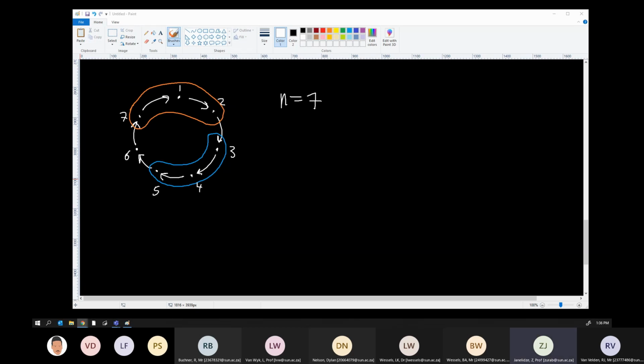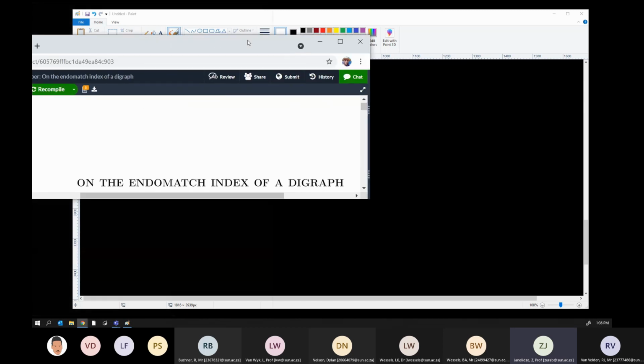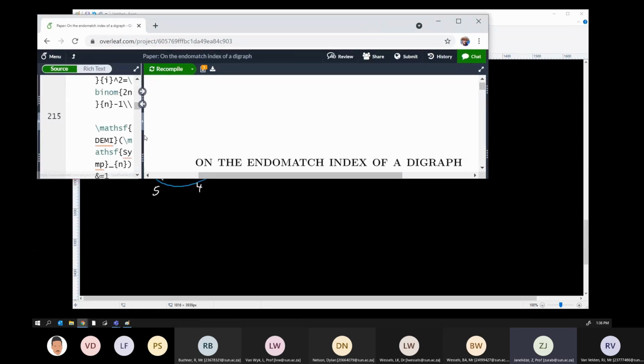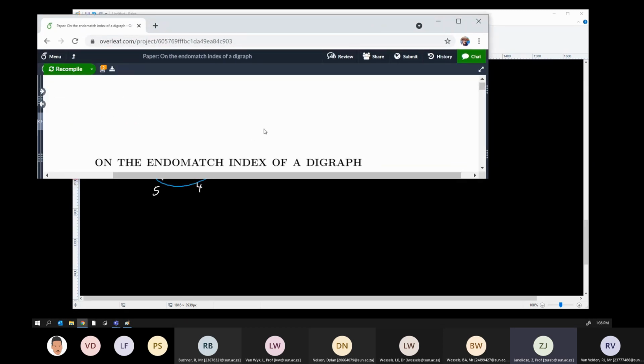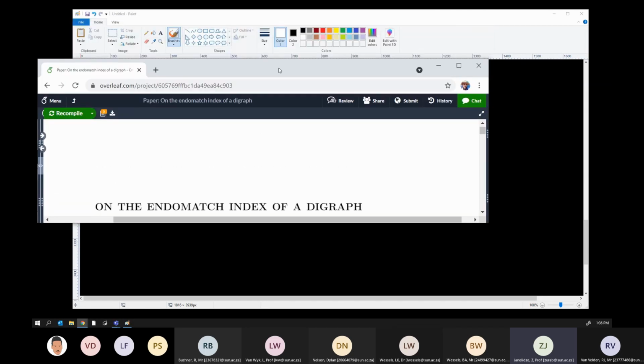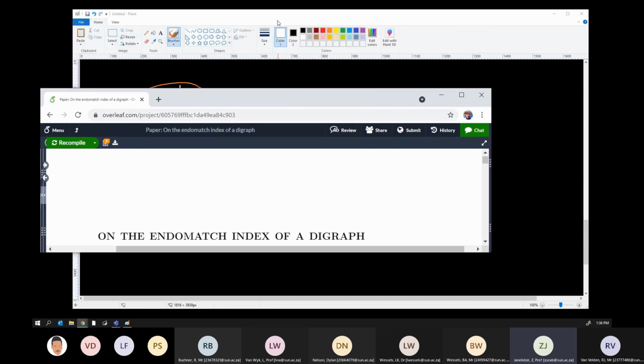Okay, so this is how the paper is called. It's still work in progress. We call this thing the endomatch index of a directed graph. The number of partial symmetries, which we call matches, according to the terminology we used last year, because we're matching a portion of a graph with itself. And so the endomatch index is the number of ways you can match a portion of a directed graph with